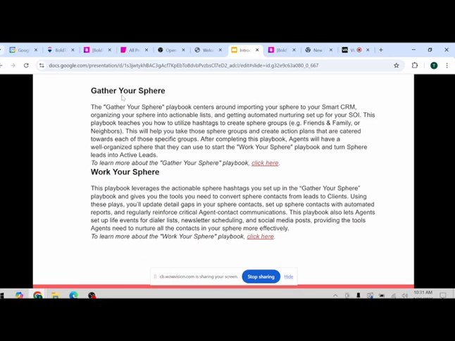Unfortunately, due to changes to those laws, now requiring people to opt in to text messages, if you are going to do a mass import and put all of your people into KV Core, all of them by default are going to be opted out of text communication. You can still email them, you can still call them, but they will not be able to receive automated text communication by default. You would have to put them in manually and select that they can receive text communication,